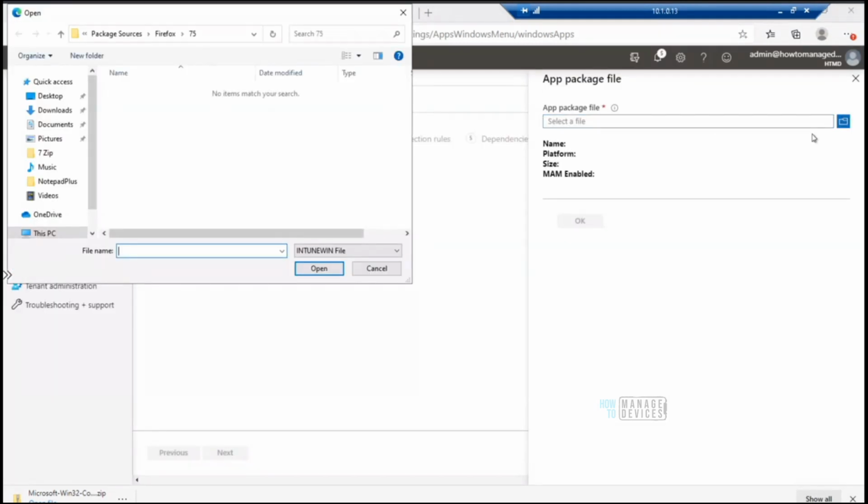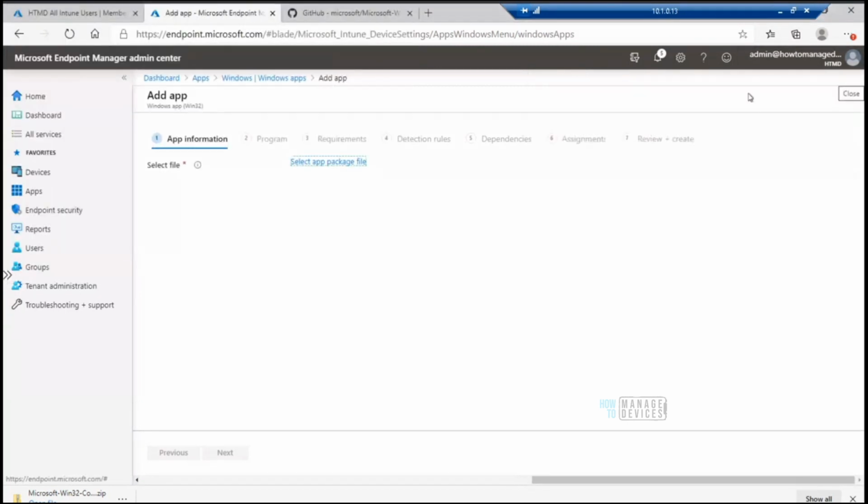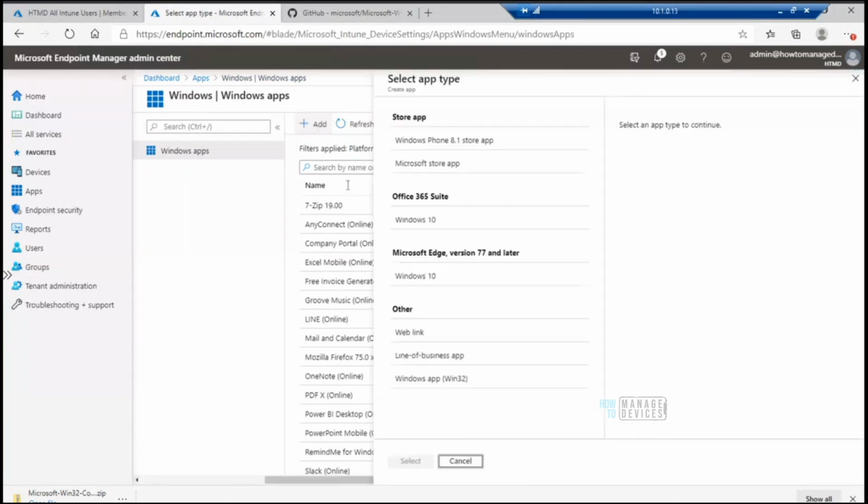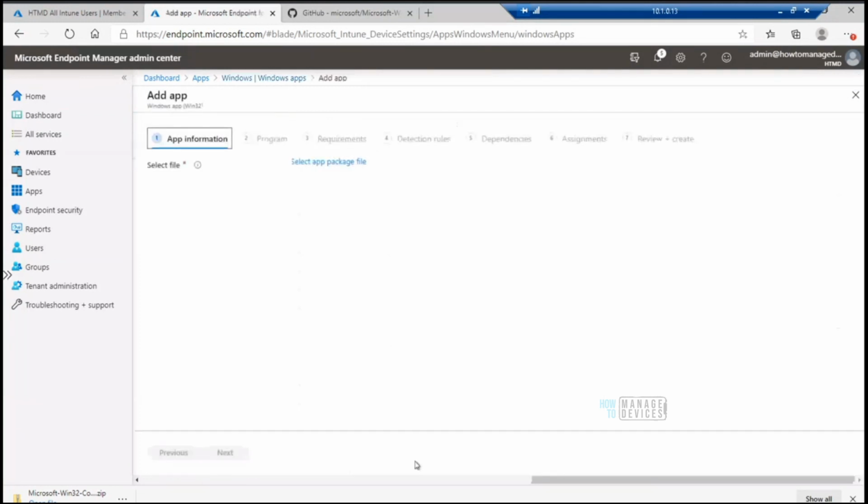Let me show it to you again, from where I launched this. Let's close this, add applications, add, and last time we selected line of business application. This time we are going to select Windows app (Win32), for Intune Win format application deployment through Intune.